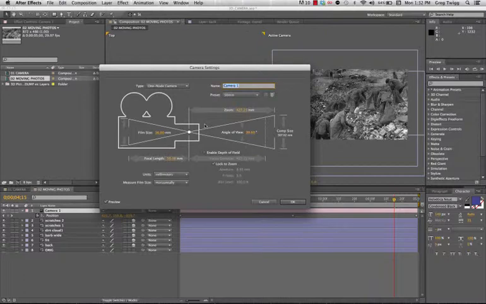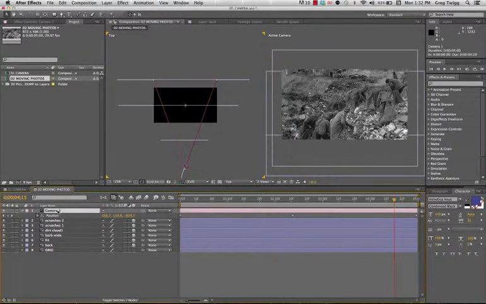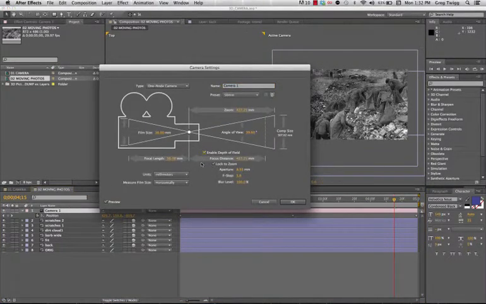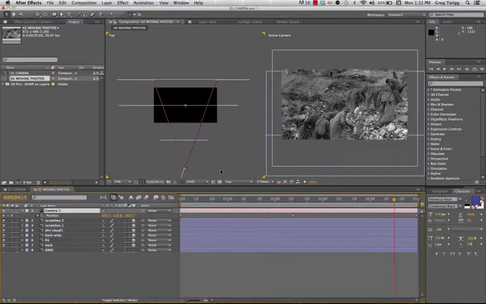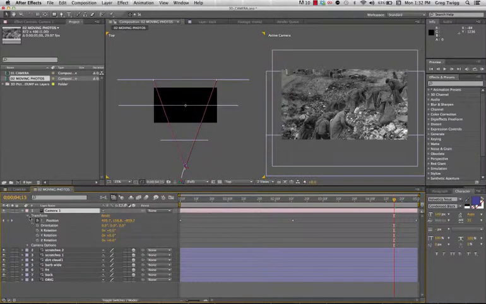Now, the last thing that we could look at is something like enabling depth of field. So, all I did here was double click on the camera layer and it opens back up. So if I choose enable depth of field, now I'm just going to stay in this double view here. The options for the camera, you can see depth of field is on, my focus distance hasn't changed, my aperture level, and so on. So the focus distance is the end of that triangle. So that distance I could shorten and put it to